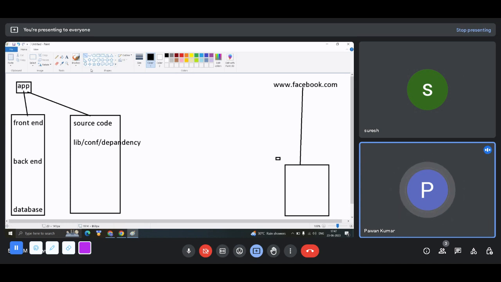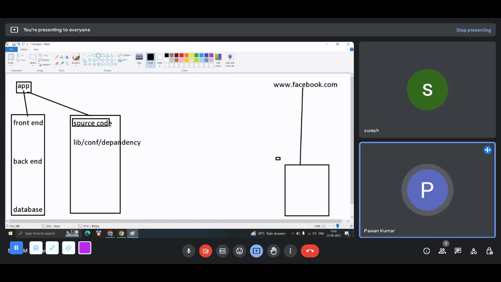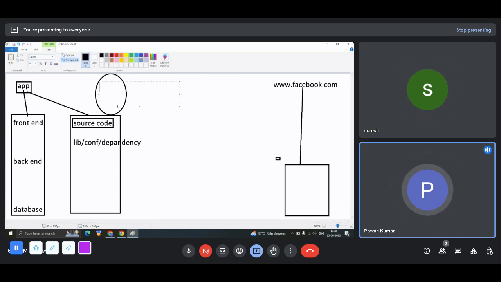So from where are we going to get, let me talk about this one component at a time now. From where are we getting the source code? Now our target is to build this application: source code, library, configuration, dependencies, each and everything. This is a ready application. So how can we get the source code? We will get the source code from the developer, who will build the source code, and they will pass the source code to where? To our repository,